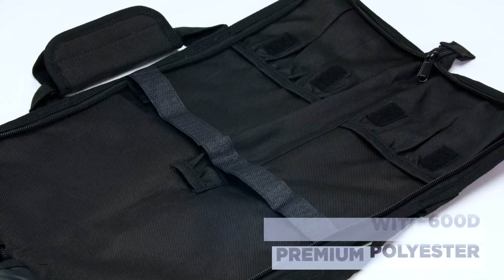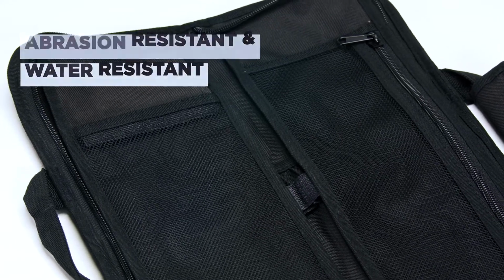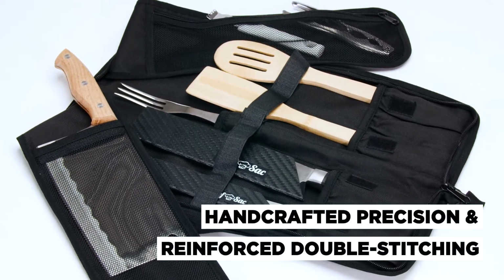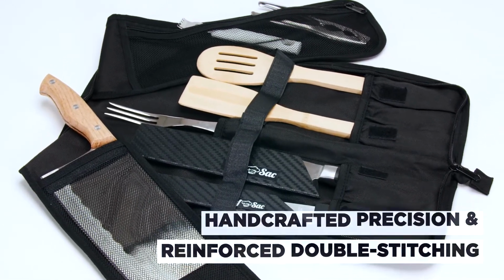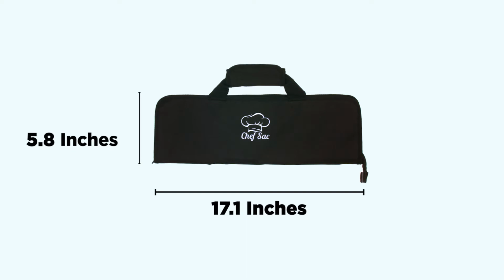Our knife bag is abrasion resistant, water resistant. It was built to last. With handcrafted precision and reinforced double stitching, you can safely protect your valuable knives, tools, and equipment both in and out of the kitchen. Portable, comfy, and easy to carry without the bulk, this chef knife roll bag measures 5.8